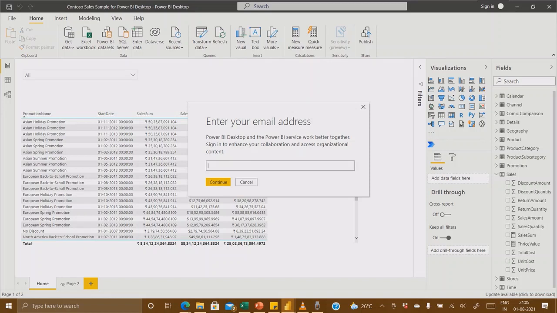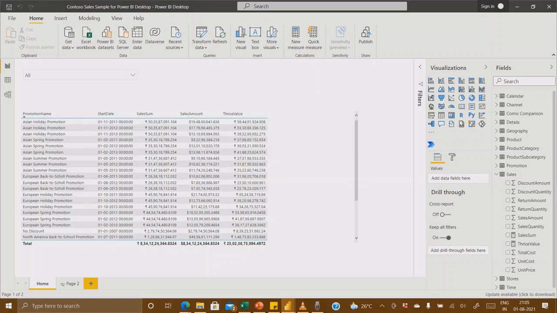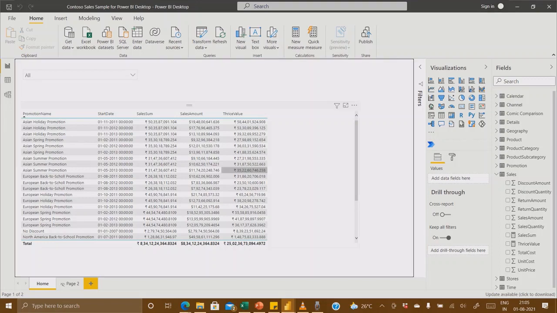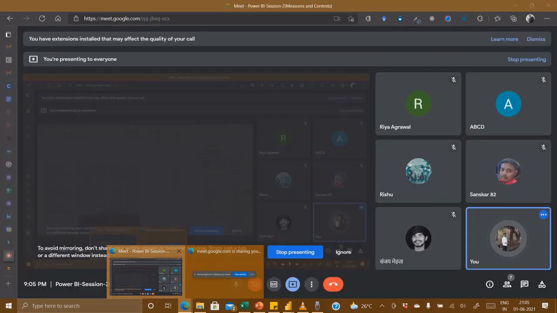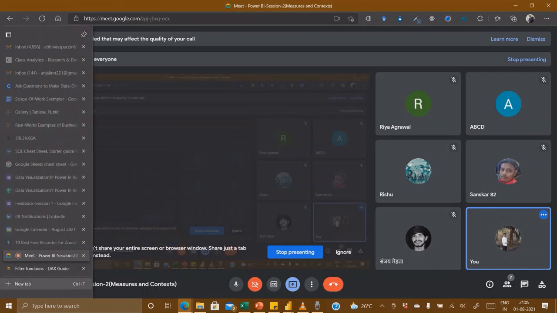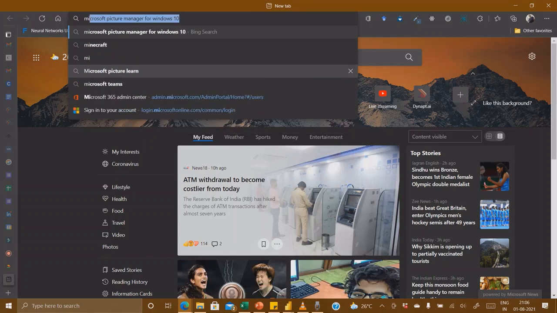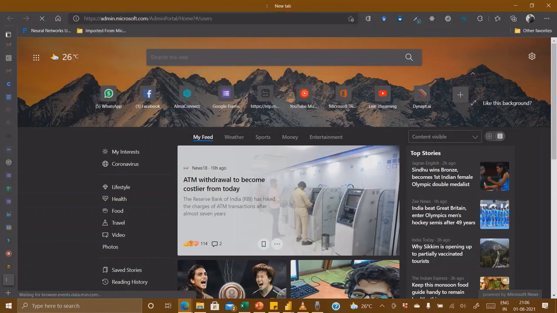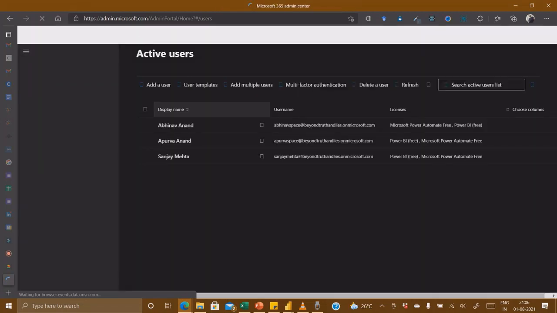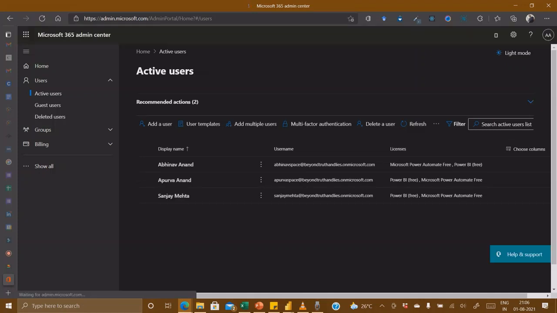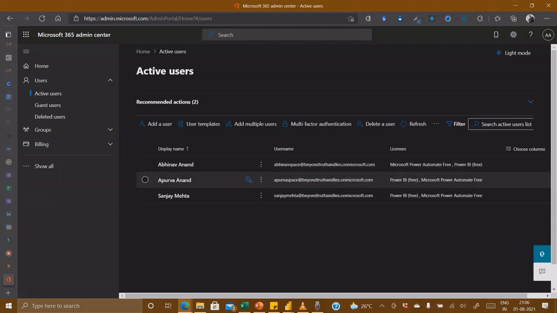For getting those types of custom visuals and visualization, we need to log into an account. You have to have a Power BI account, which means you need an organizational account. If you do not have an organizational account, you will not be able to create a Power BI account. So maybe I can create a Power BI account for you guys. That will be only for Power BI and nothing else, a free account where you can test all the custom apps, and you can also check the Power BI service.